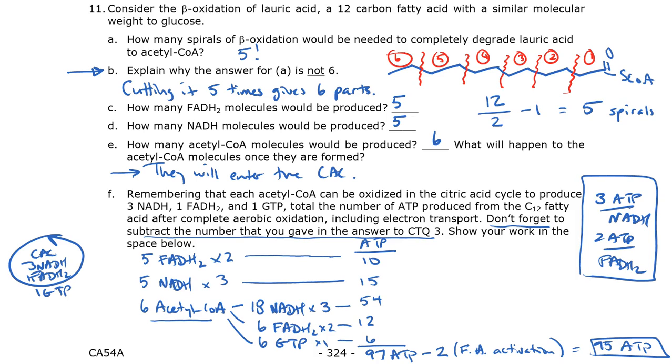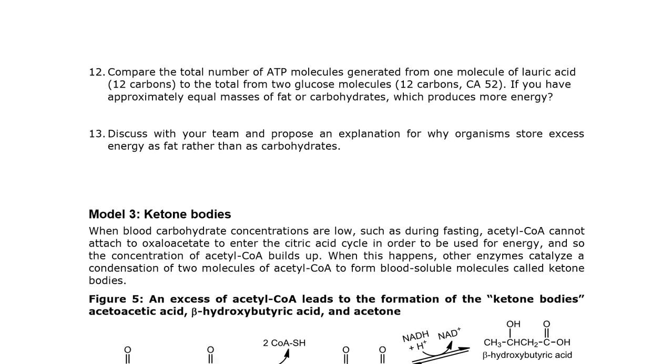I can pretty much promise you an essay question on the quiz that will require you to do this kind of work, and not for a 12 carbon fatty acid. So show all of your work for how much of this comes from beta oxidation, multiplying times all the appropriate factors to add up the ATP, subtracting the activation amount to figure out how many ATP could be produced by the complete oxidation of a particular fatty acid. You feel okay about that? Let's move on. There are a few more questions.